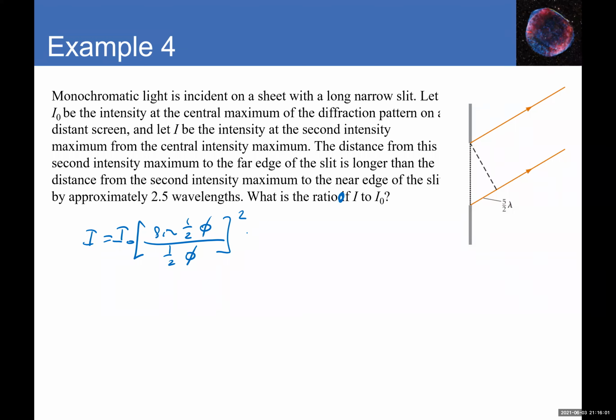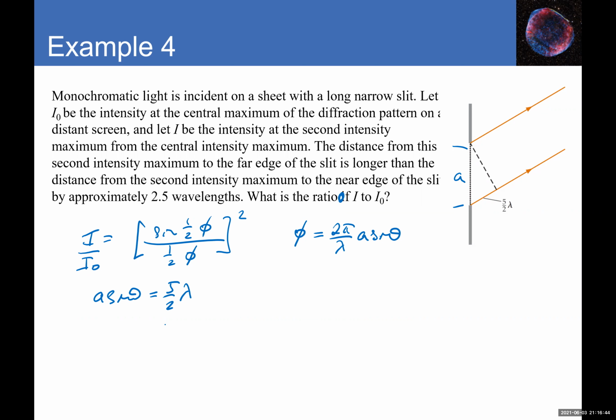of a single slit. In this case, the phi here is pretty much the phase difference. So taking the ratio, dividing both sides by I naught, we get that. Okay. So then the phi here equals 2 pi over lambda times a sine of theta, because this distance is a, because this is a single slit. Now a sine of theta equals 5 over 2 times lambda,